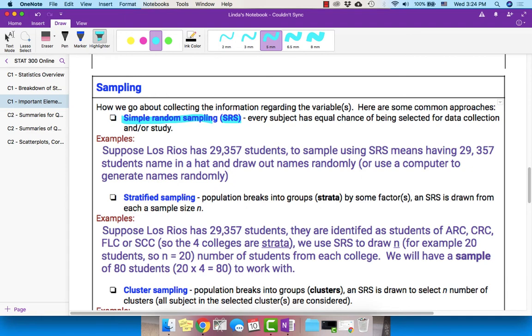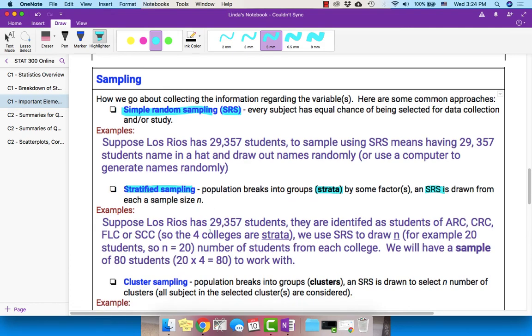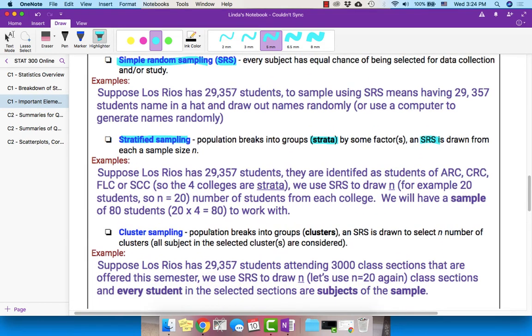The second method is stratified sampling. The population is broken into groups called strata by some factor. Then an SRS of sample size n is drawn from each. For example, suppose Los Rios had 29,357 students.